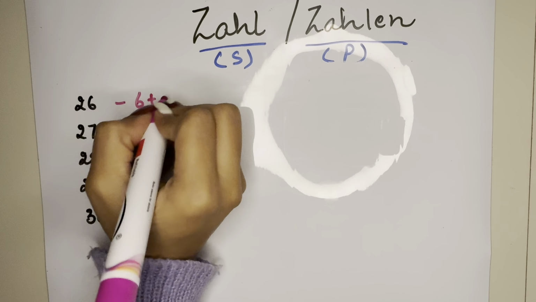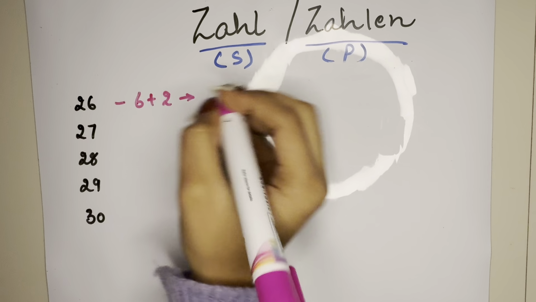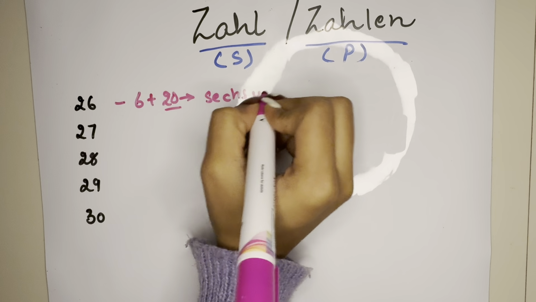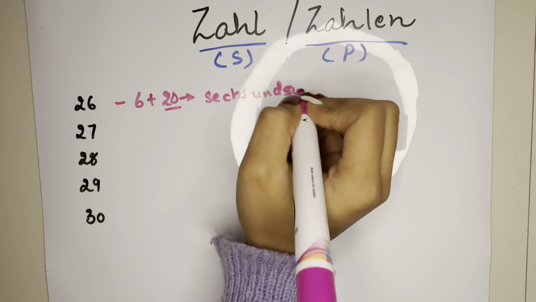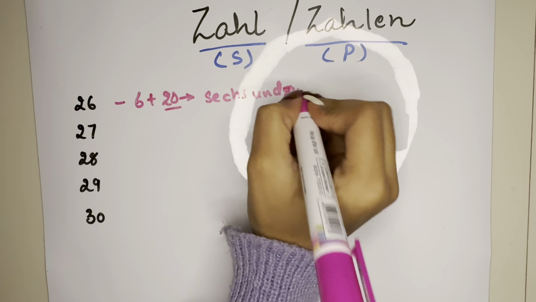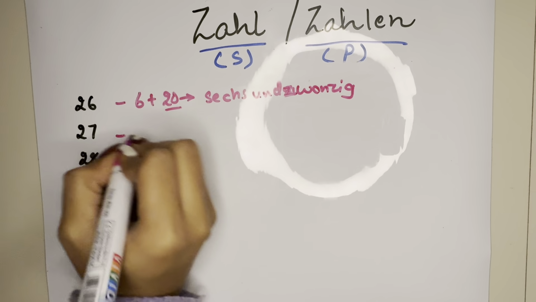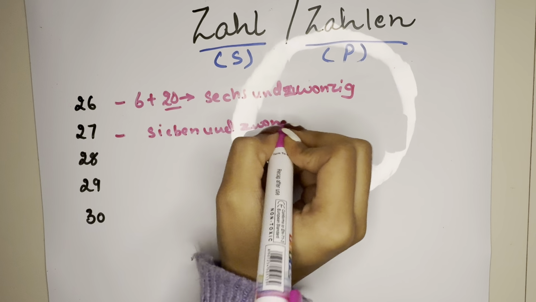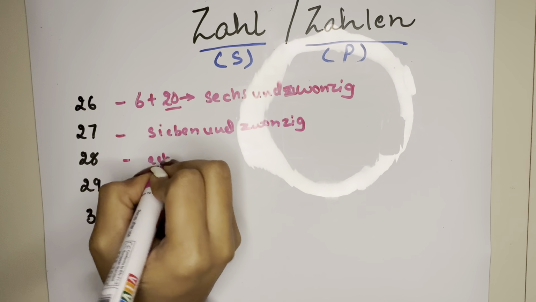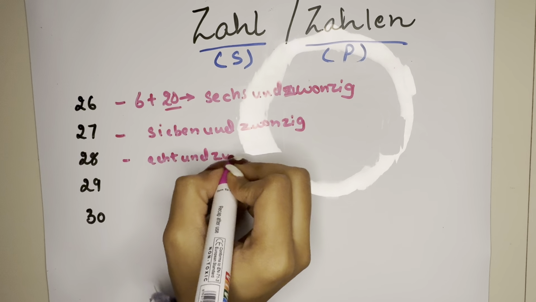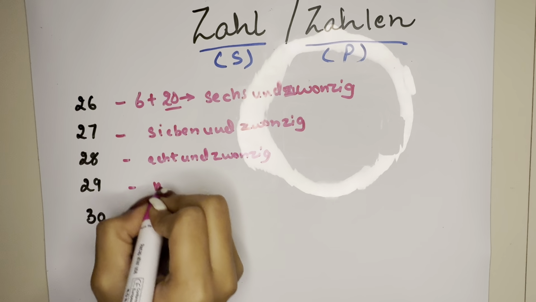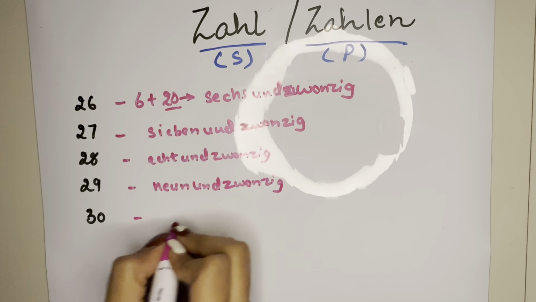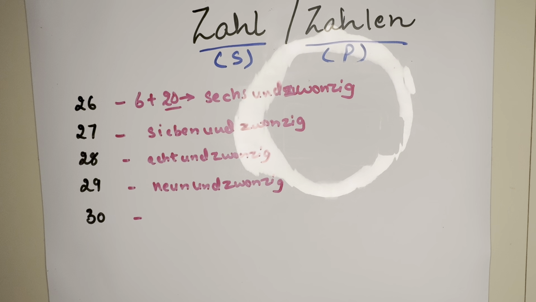So we will write 6 and then 20. So it will be sechs und zwanzig, sieben und zwanzig, acht und zwanzig, neun und zwanzig, and finally 30 will be